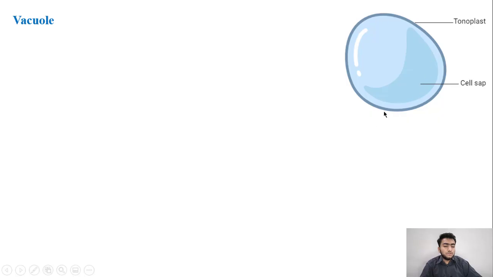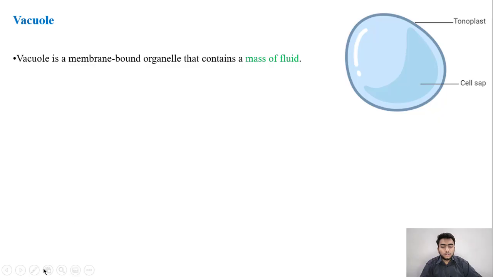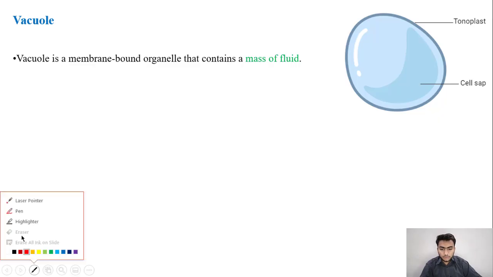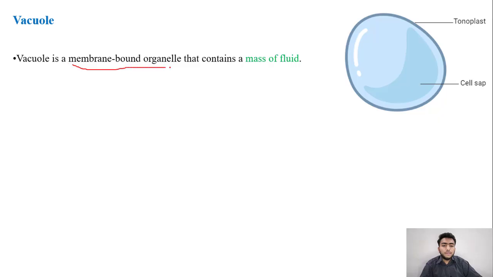What you see on the right side of your screen is a large circular, bag-like structure, and it's called a vacuole. And a vacuole is a membrane bound organelle. So let me take out my pen. It's really a membrane bound organelle that contains a mass of fluid. So what mass of fluid does it contain? It contains all sorts of ions, other waste ions, waste toxic substances that are contained within this bag-like structure. So this is really responsible for maintaining equilibrium as well, because these vacuoles also store excess water and excess ions that are really not required by a cell at a particular time.